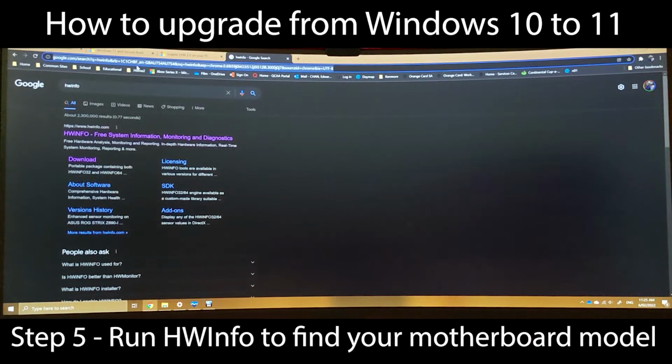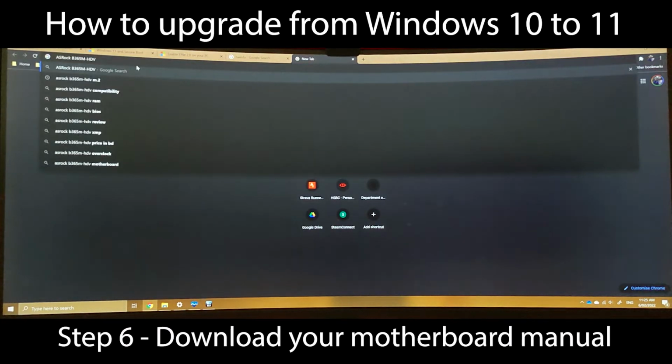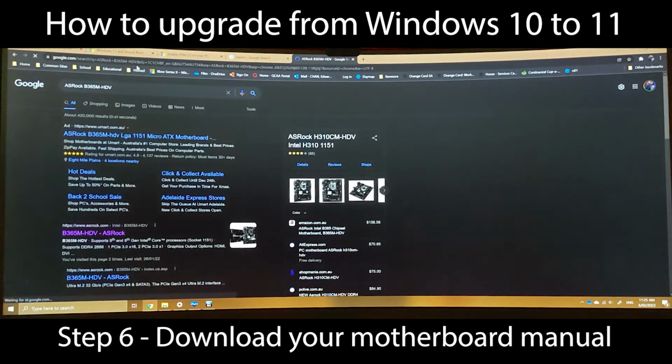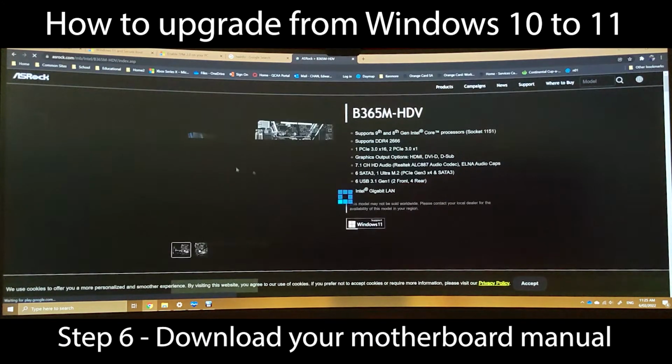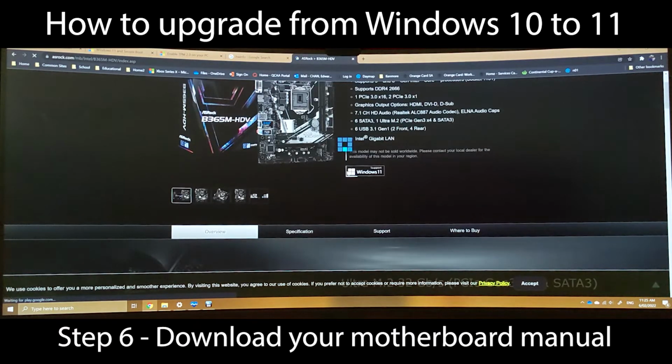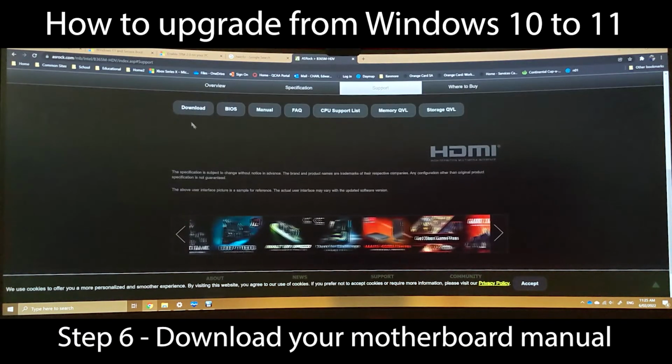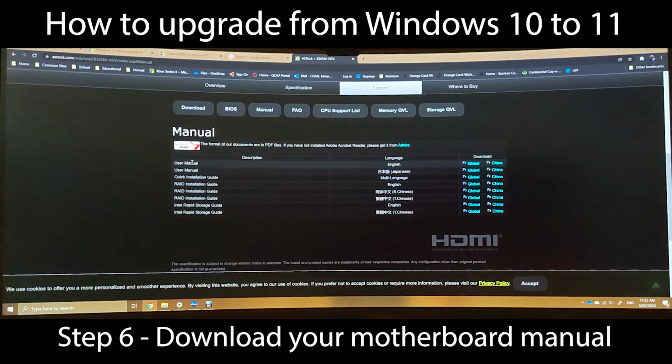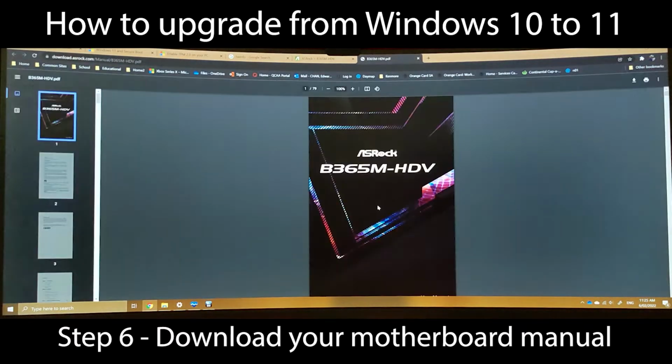Okay, I'm going to paste it into Google, and it's going to tell me everything about it. Let's go into this first link that pops up. That's not an ad, so that's my motherboard. That looks like it. If you go to support, manual, user manual, English, global, download the user manual, and here's the user manual, and hopefully this is now going to explain